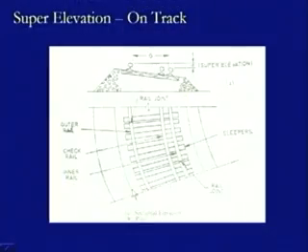So, these are some of the objectives for which the super elevation has to be provided on curved sections. Now, this is a curved track which is being shown in this diagram. This is the outer rail and this is the inner rail being provided here, and there is an additional rail which is being provided here on the inner side of this inner rail, and this is known